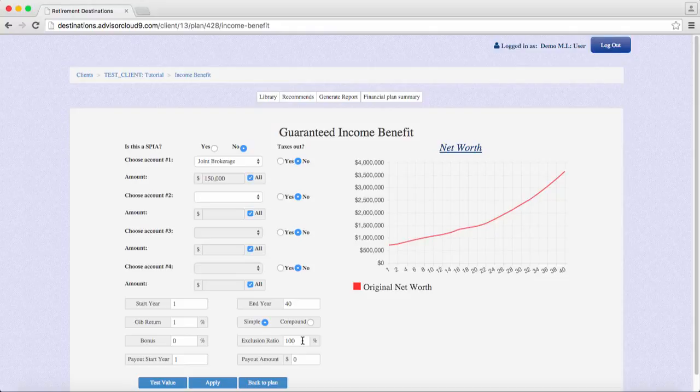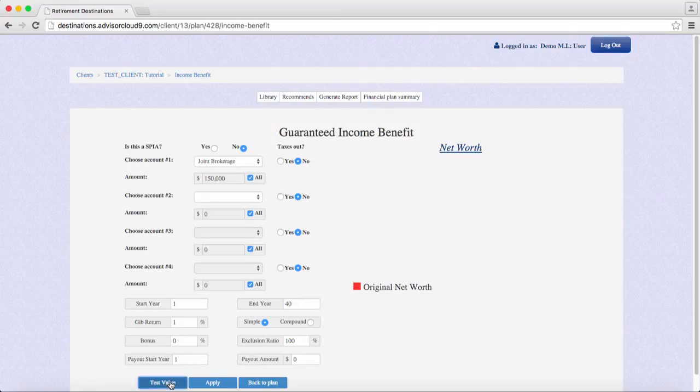If the annuity is non-qualified, an exclusion ratio will be needed to determine the taxable portion of the cash flow, so enter that next. After that, input the year in which the income stream will begin in Guaranteed Income Benefit Start Year and the exact dollar amount of that income stream in the year it is scheduled to start. Now that everything is filled out, you can test the value of a guaranteed income benefit and apply it to